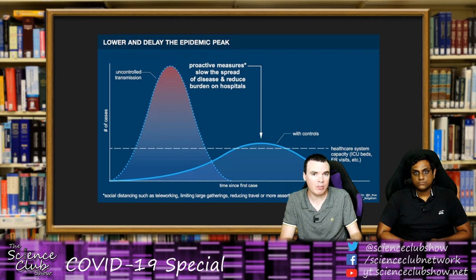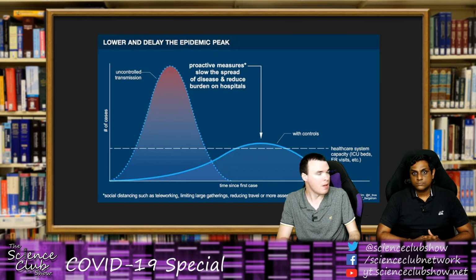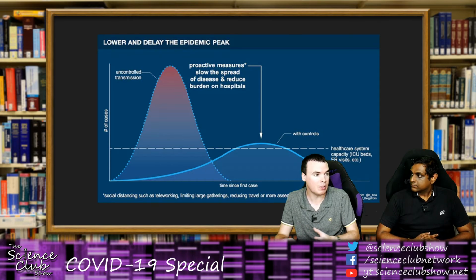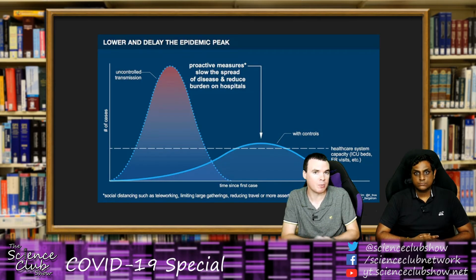There are quite a few things that we need to do. And I think at the moment, a lot of people don't see these social isolation measures as being important because we don't have that many cases. A lot of people will say, well, the fatality rate is only 2%. It's mostly elderly people and immunocompromised people who get sick. But the point is that those people are important, and we need to try our best to make sure those people don't get infected. And if they do, we need to make sure that as few are infected at once so that the hospital system can actually handle this and not get overwhelmed,